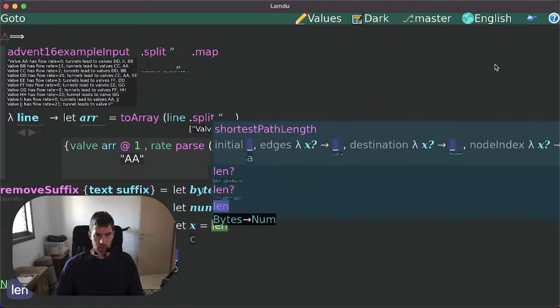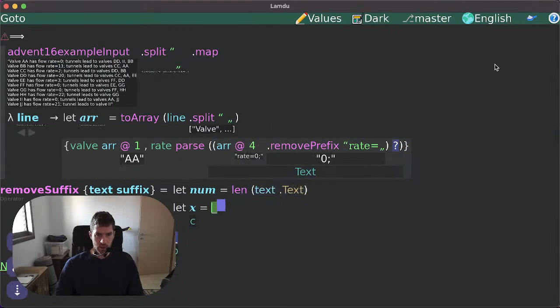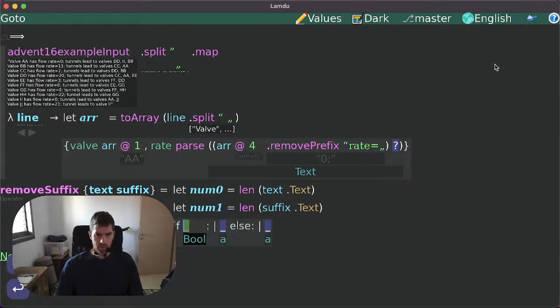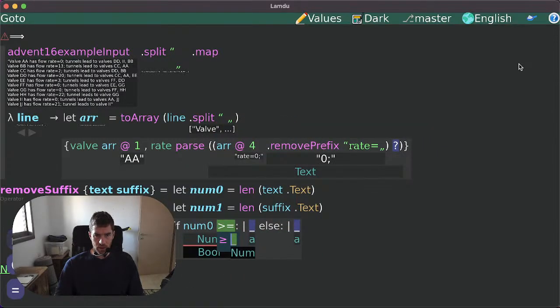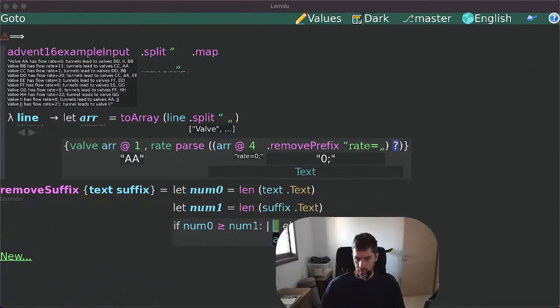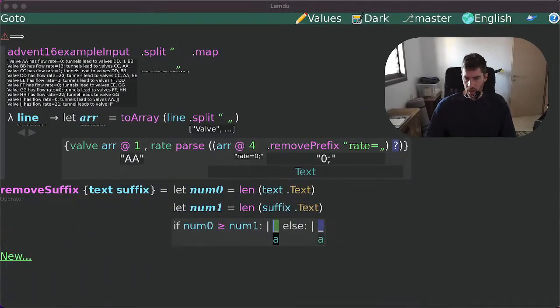Well, I guess let's do it like this. We'll also take the length of the suffix as text, as bytes. And if the text has to be longer than the suffix, and this is in the way again. And if it is,